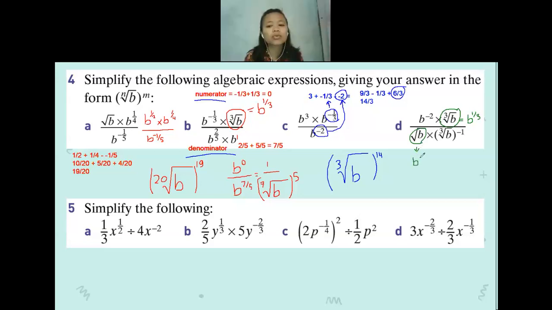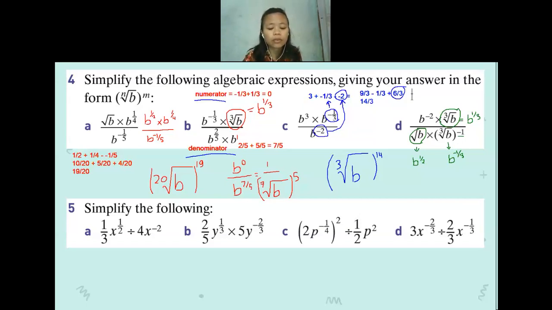1/2. Okay, 1/2. Thank you. Now we have cube root of b to the power of -1. So it will be b to the power of the numerator, we take it from here, which is -1. The denominator, we take it from the root. So it will be -1/3. Is there anyone who disagrees or is getting confused when I change all of the roots in here into fractional indices? No? Okay. Now I will simplify it one by one.